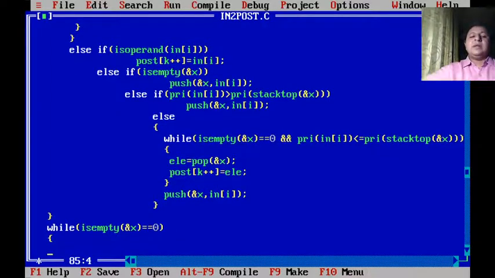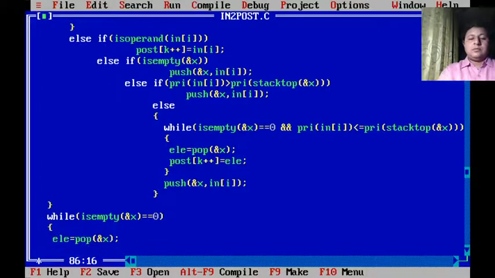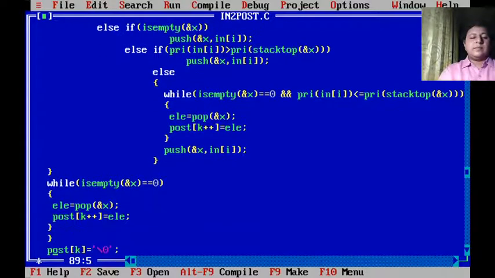So if isEmpty is still 0, then ele equal to pop, then post[k++] is equal to ele, and so everything's done, all rules are obviously being implemented.